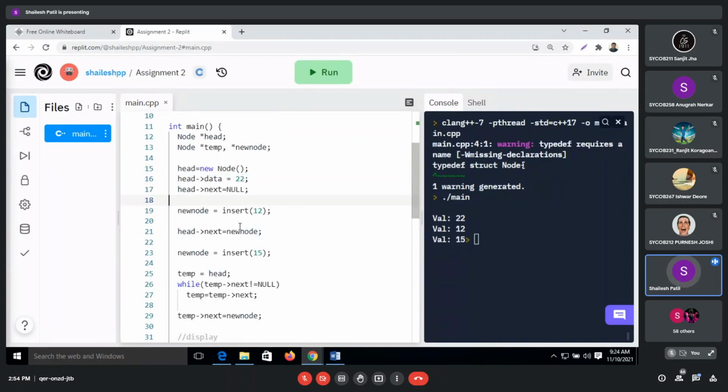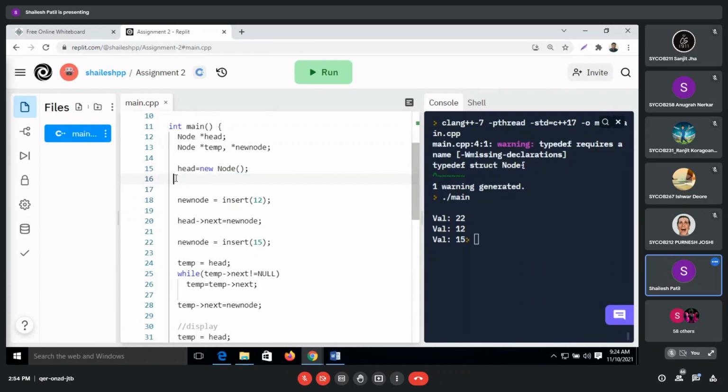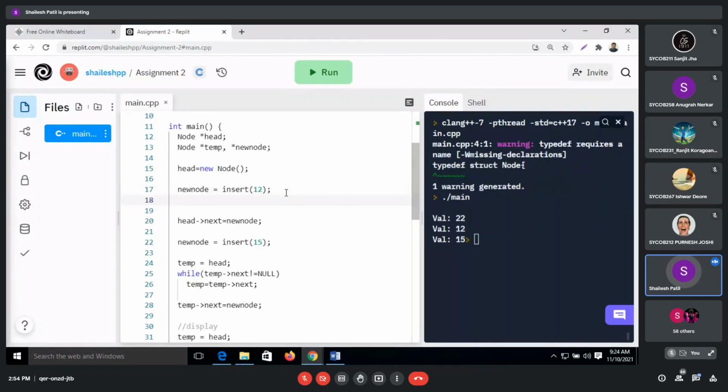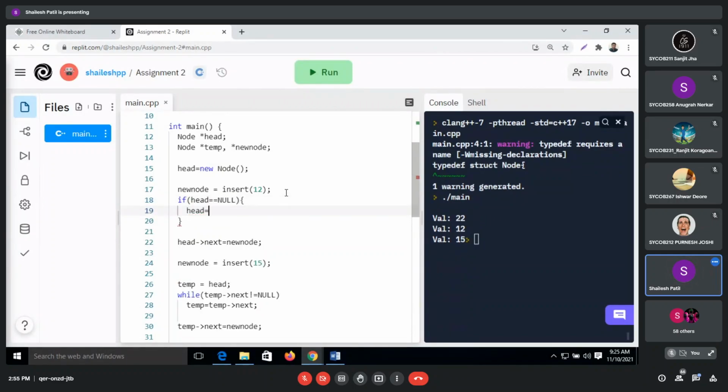Here we can do it like this. Once you call the insert function, there is no need to initialize the head, as Sanjit is saying. Once the insert function is called, we'll just check if head is equal to null. Then we'll make head equal to new node.